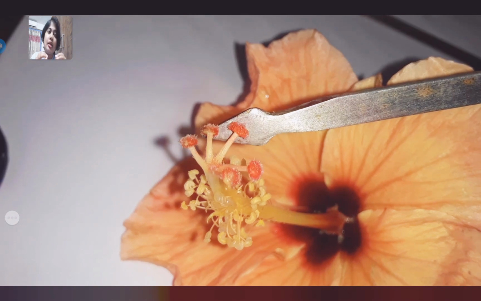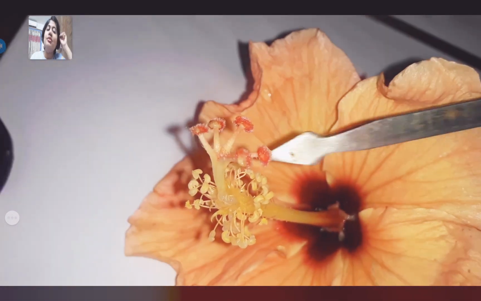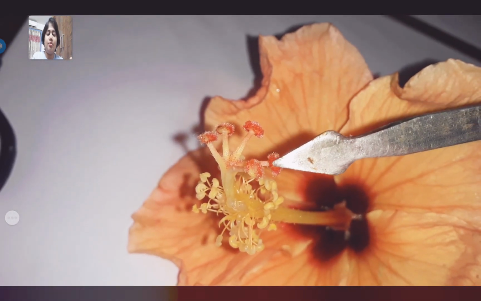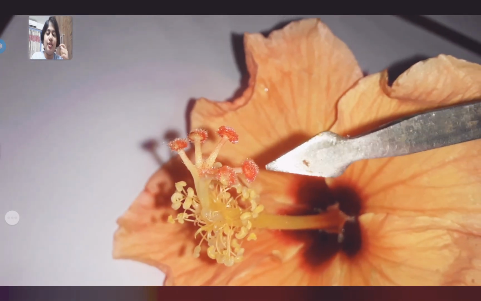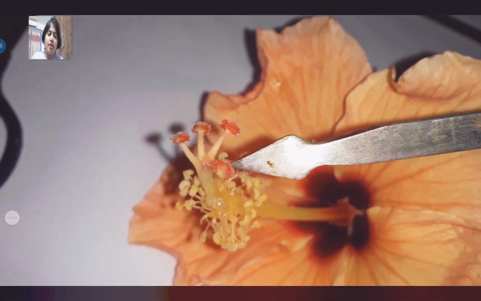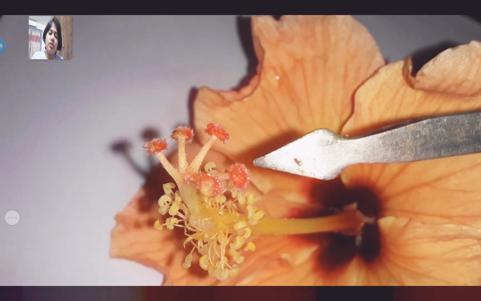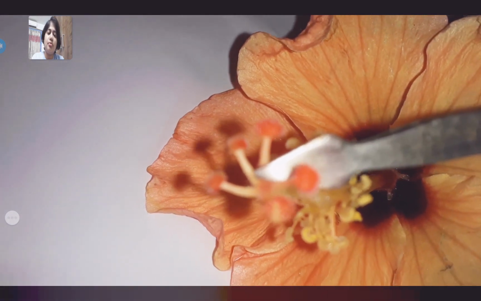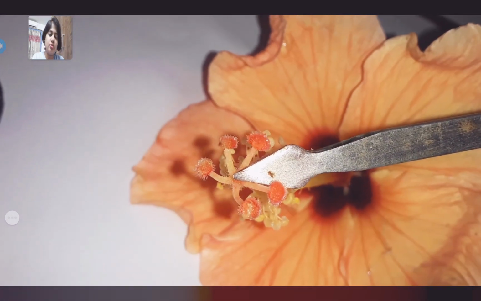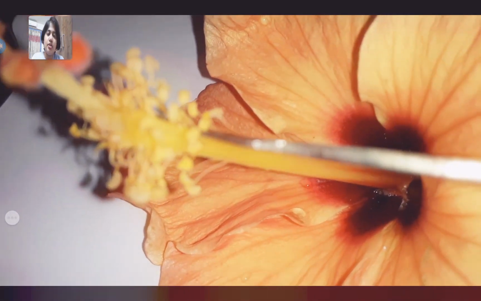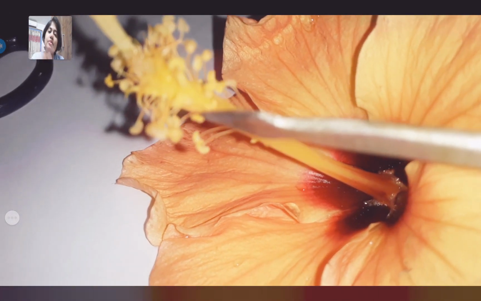It's a very clear view. On that stigma, the anther particles stick, and what is the anther? Below the stigma, those yellow colored particles are there. I will show you with the arrowhead. Those yellow color particles are the anther, and they stick to the stigma. That orange color one is the stigma. Clearly you can see, and the below part, see here, that is the anthers, and these anthers will stick there.